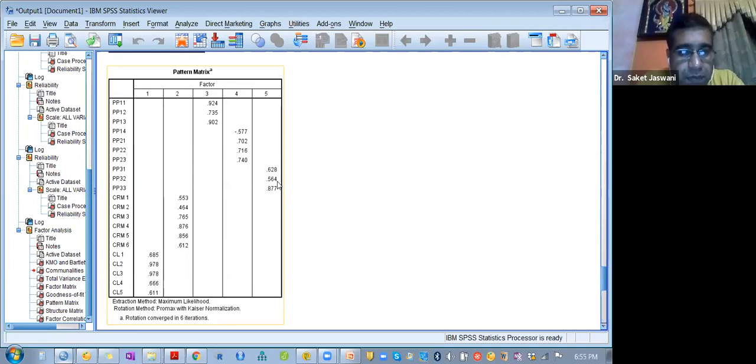अगर आप ये डिस्कार्ड करोगे PP32 भी, याद रखिए किसी भी एक वेरिएबल में 2 से कम आइटम नहीं होने चाहिए, 2 तो मिनिमम चाहिए। तो यहाँ पे 3 आइटम्स हैं, आप PP32 डिस्कार्ड कर सकते हो, 0.564 है। अगर ये डिस्कार्ड करोगे तो शायद आपका वेरिएंस एक्सप्लेन बढ़ जाए, हम करके देखते हैं, ठीक है। CRM के 6 ठीक है, सेकेंड फैक्टर पे लोडेड है। CRM1 भी थोड़ा सा खराब जा रहा है, CRM2 तो देखो कम जा रहा है, तो हमें इसे डिस्कार्ड करना पड़ेगा CRM2। तो एक एक करके डिस्कार्ड करके देखेंगे हम, ठीक है। NCL भी सब ठीक है, 1 में जा रहा है और सबसे ज्यादा एक्सप्लेन कर रहा है मॉडल को, ठीक है।